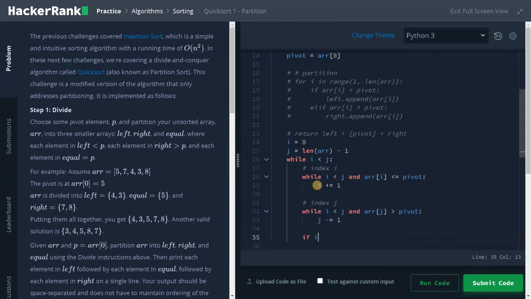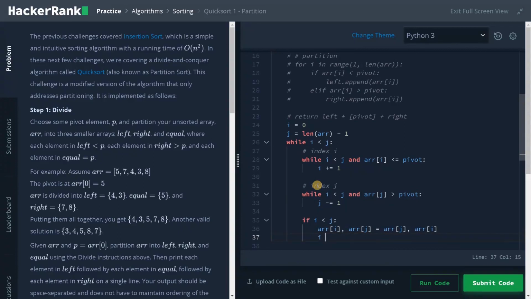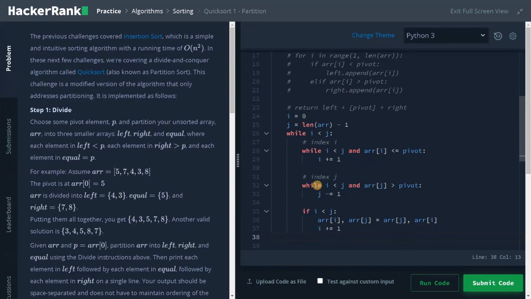That is, if I less than J, array of I, comma, array of J equals array of J, comma, array of I. And we will increment I by 1 and decrement J by 1.